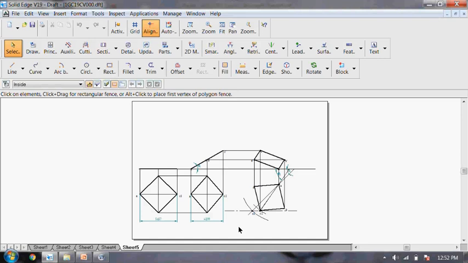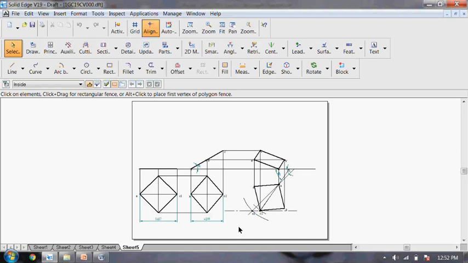In this projection of planes chapter, it has a weightage of 25 marks: 15 marks for sketching and 10 marks for computer drawing. In sketching, since there are 3 steps, 15 marks for sketching means 5 marks for step 1, 5 marks for step 2 and 5 marks for step 3. Similarly for computer drawing, since it's 10 marks, maybe 3 marks for the first step, 3 marks for the second step and 4 marks for the third step may be assigned.